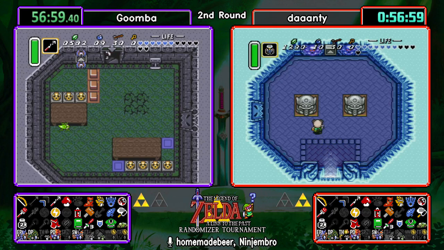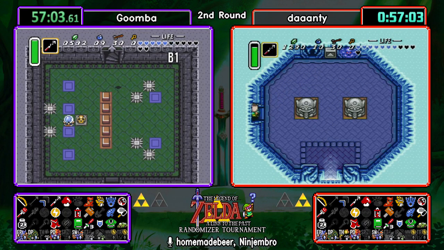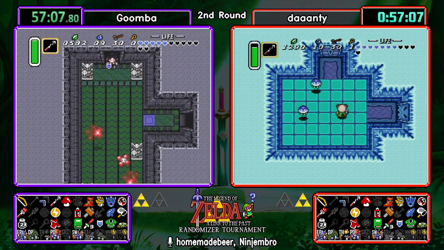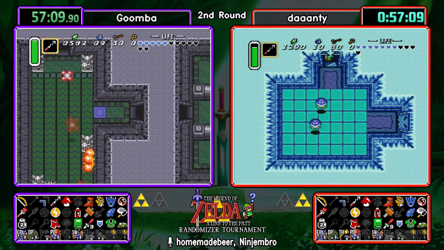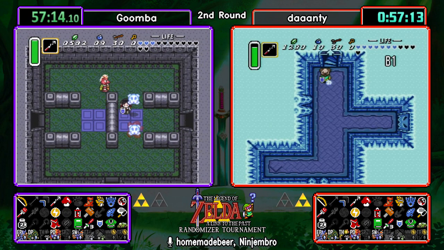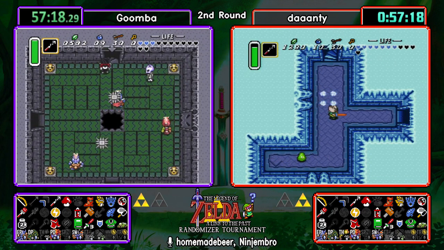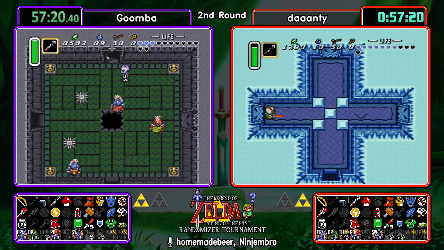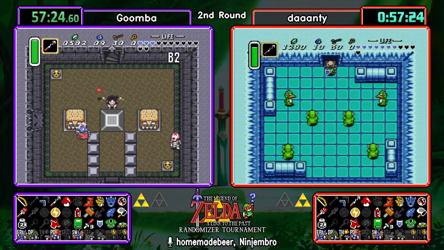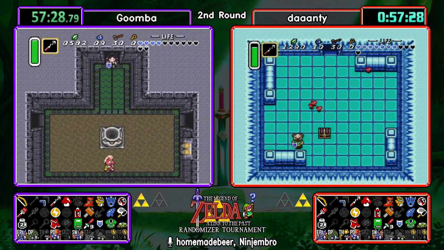Now again, Goomba has checked Ped. daaanty has not. So in daaanty's mind, I'm in here, even if I find all 3 items, I should still full clear this. I mean, with it being green pendant, you're probably full clearing at that point anyway if you're committed. Yeah, definitely. You're going to finish these dungeons